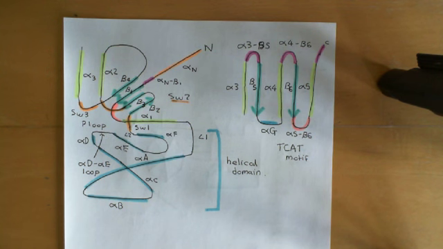Okay, so in the next video what we'll do is firstly look at how the heterotrimeric G protein binds to the activated G protein coupled receptor. We'll say something about specificity, and then we'll move on to what conformational changes actually lead to the release of GDP, and then we'll talk about GTP binding and how that's going to lead to the dissociation of first the beta gamma subunit and then the alpha subunit from the G protein coupled receptor, and then it leads to the signaling